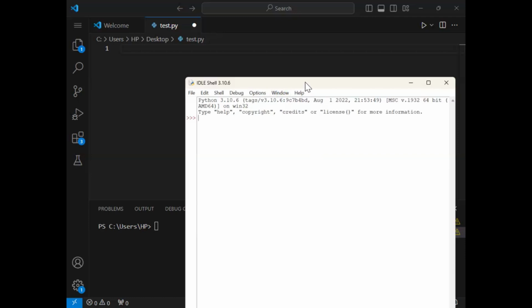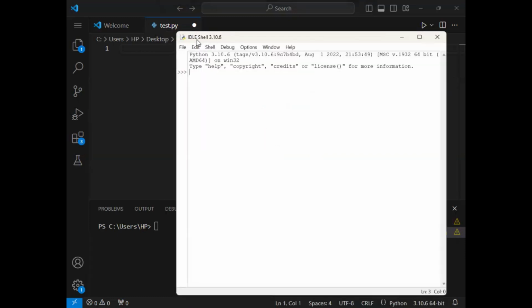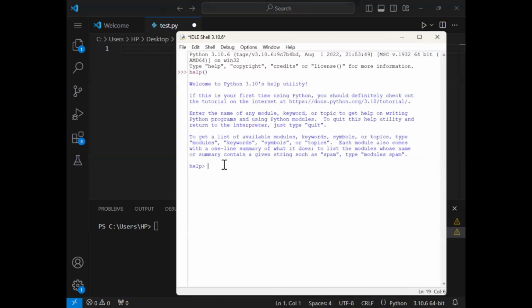So I was telling you that one IDE will come automatically, and this IDE name is IDLE. Again, not good, you can see. But if you write help over here, you can see I'm in the help menu.